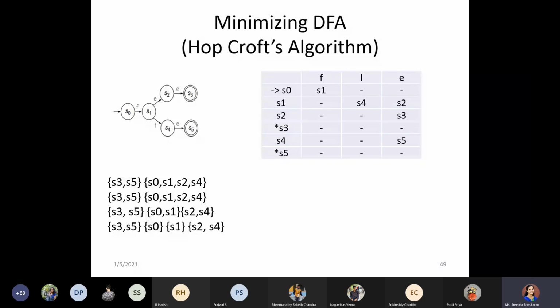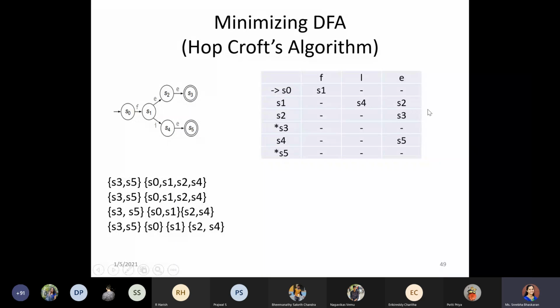In this case, S1, S4, S2 all belong to the same group in the previous one, so we kept them together. If you pick S0 and S2, with respect to F transition it is S1 and null, and with respect to E transition it is null and S3.